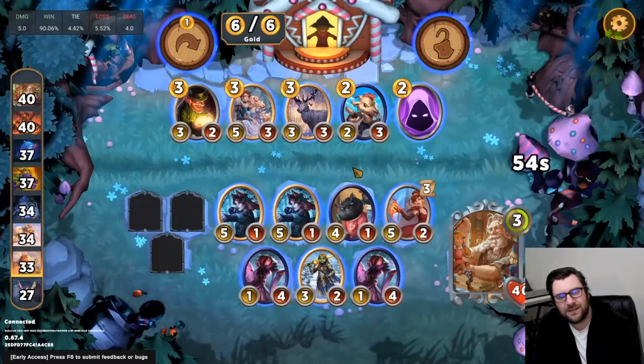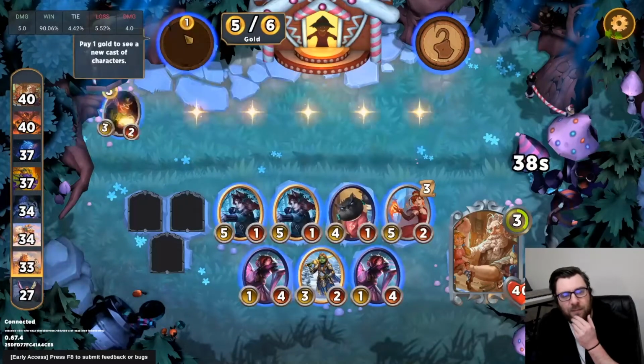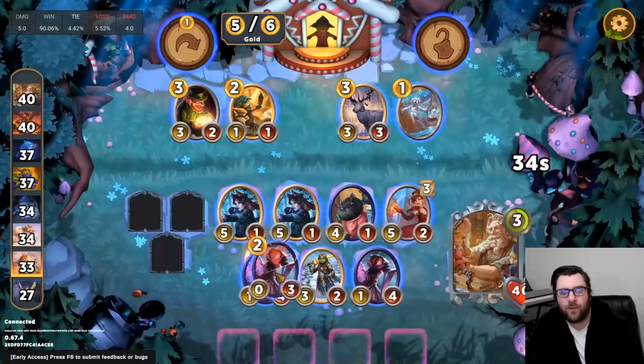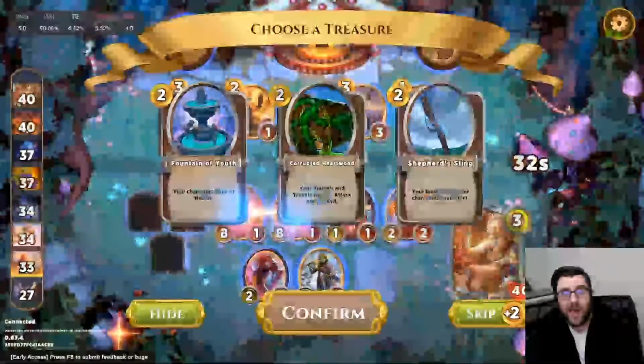Don't love this shop, but I mean the stag is fine. We could put the stag into slot 2, and that way it's buffing up like an ogre and a Mad Mim as well. We could take the kidnap from there, playing up against Miri again. I do think rolling is probably better,